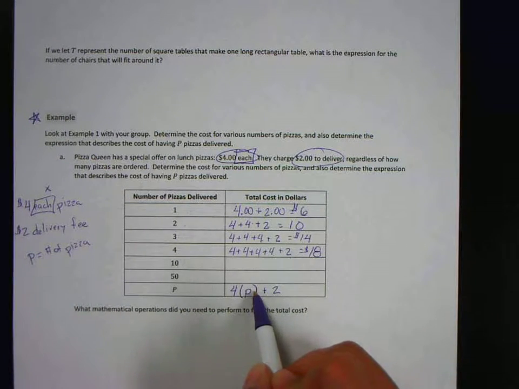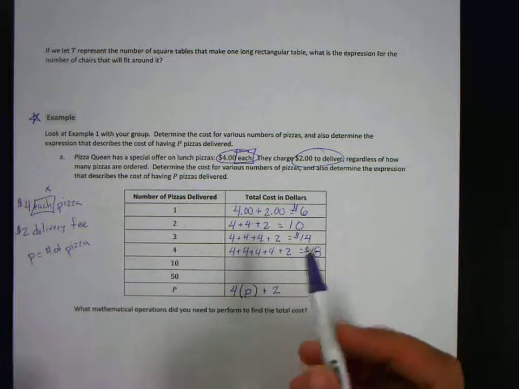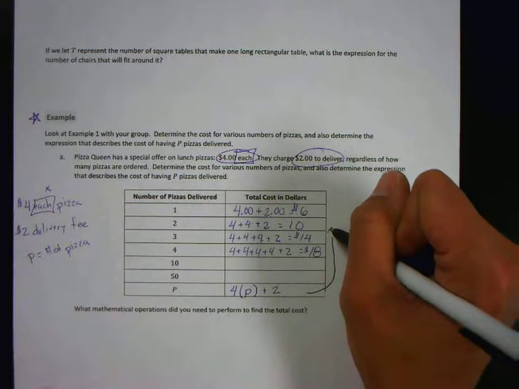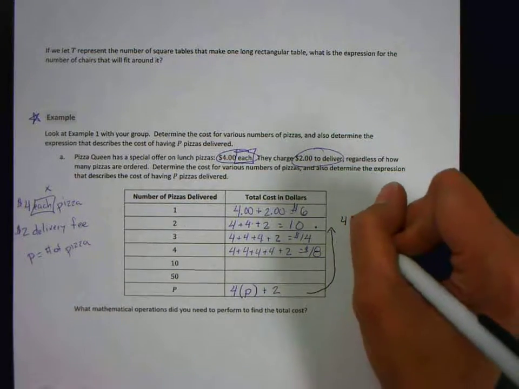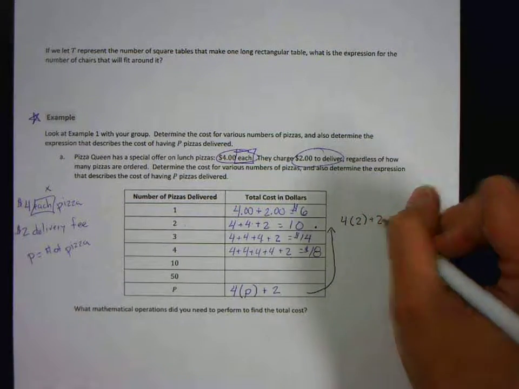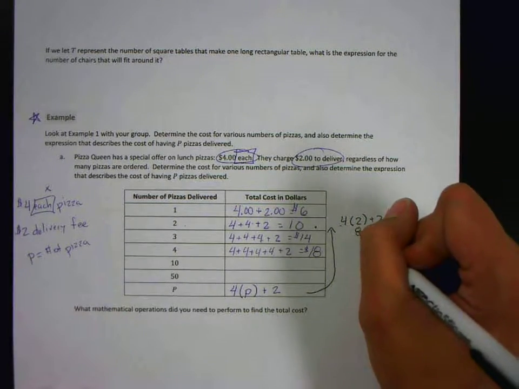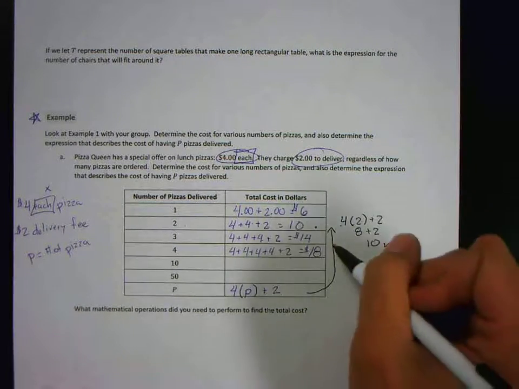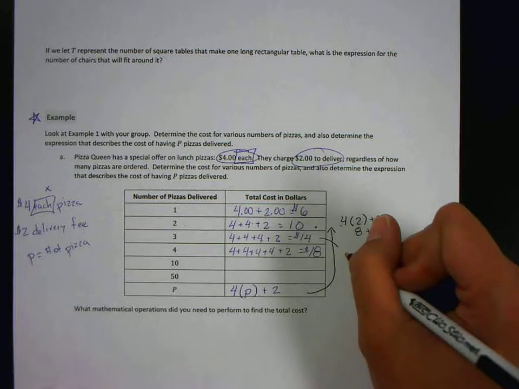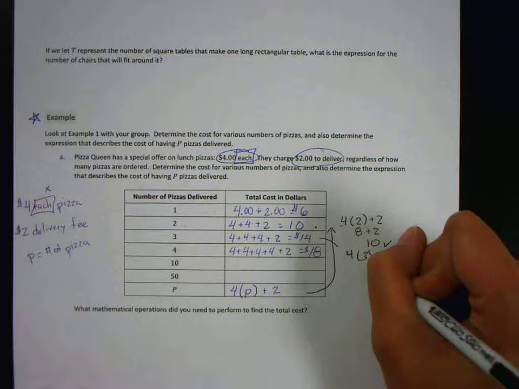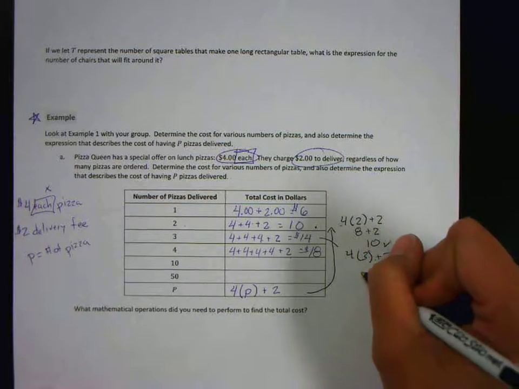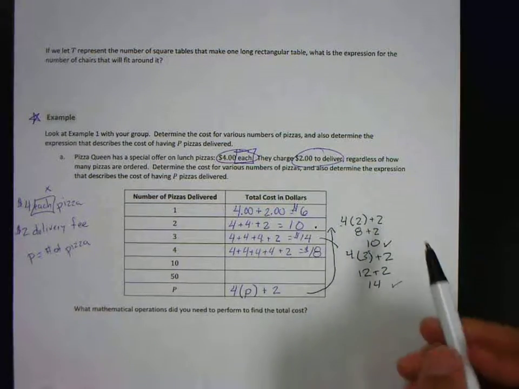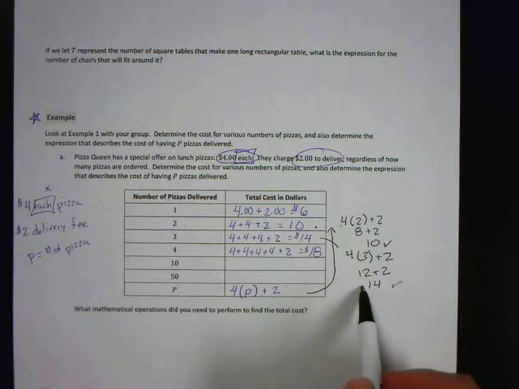Let's see if this expression holds true for some of our examples over here. So let's see, I used it for this one. 4 times 2 plus 2. Well, I know 4 times 2 is 8. 8 plus 2, that's 10. Did I get $10? Absolutely. Let's check it for another one. We've got 4 times 3 pizzas plus $2. 4 times 3, which is 12, plus 2. Well, that's $14. Did I get $14? Absolutely. So this expression holds true for each of these, which means I can use this expression for the other two